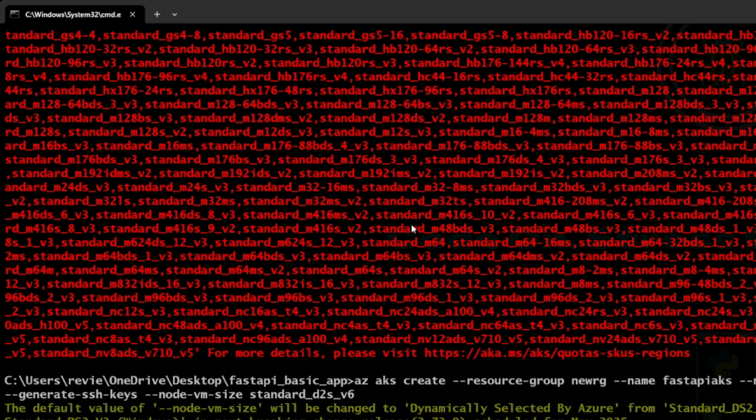My free subscription has some limitations regarding results, monitoring, and the number of CPUs I can use. So accordingly, I have to choose the size, and I have selected the D2S version 6, that is the standard one, which uses 2 to 4 CPUs, I guess. So it's getting running now, and it takes time. So we need to wait for it to create successfully.